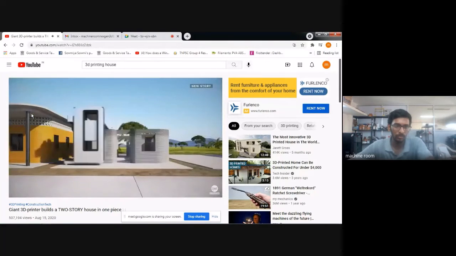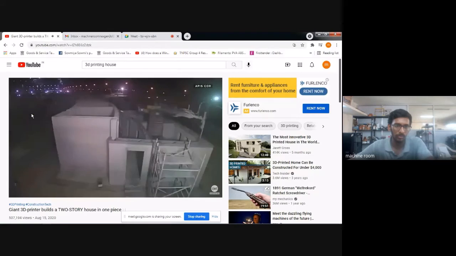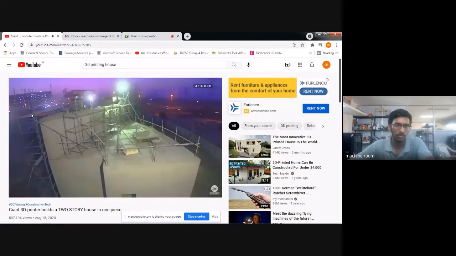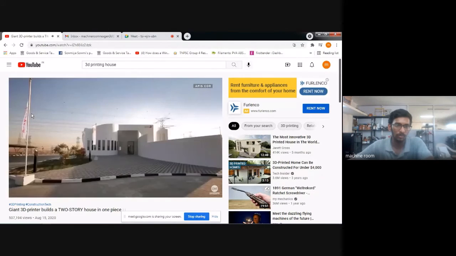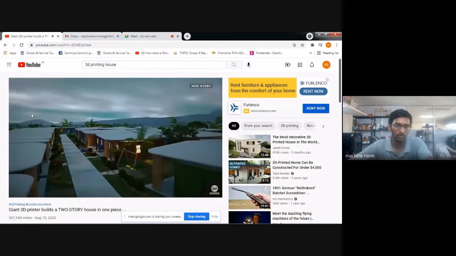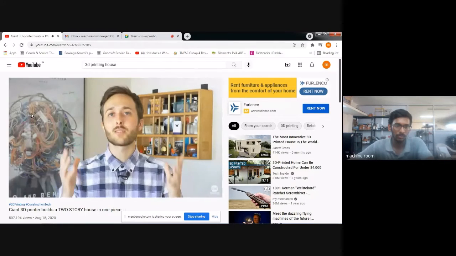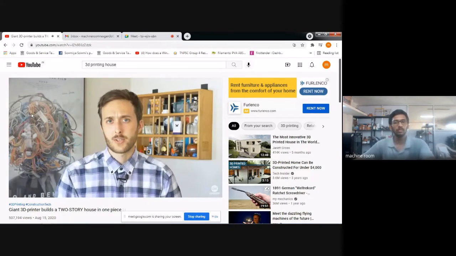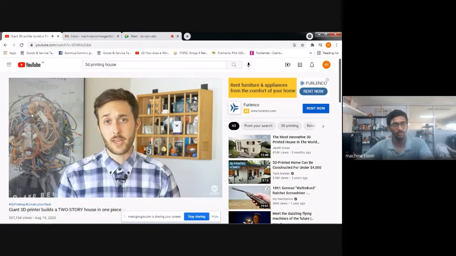currently being built in a seismic zone in Mexico, and the world's largest 3D printed building, which was completed last year in Dubai. These innovations in 3D printing have the potential to make construction more sustainable and make housing more affordable. But why limit ourselves to just houses and buildings? Surely this technology could have other applications.